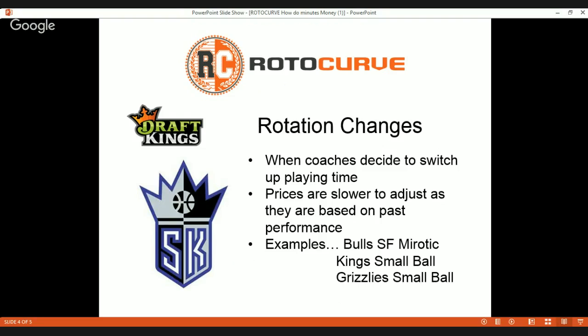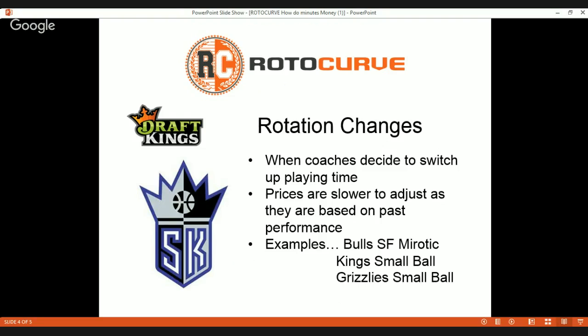The Kings did something similar earlier in this year where they switched to that small ball lineup. After Willie Cauley-Stein was out for a little while, Omri Casspi became a guy who they decided they were going to start playing more and more minutes. Now, when they decided to make this switch, Casspi's price on DraftKings was below $5,000. He was now playing 38 to 42 minutes a game and putting up 30 to 40 fantasy points, but was still priced as a guy below 5K. So if you can get a guy that's going to give you 35, 40 fantasy points for below 5K, he's somebody you're going to put in your roster every day, and we saw it a lot.